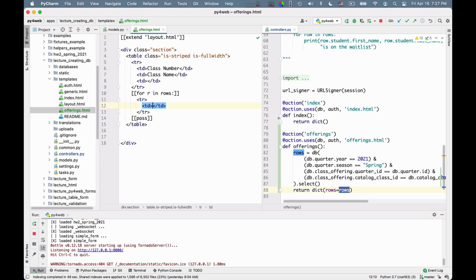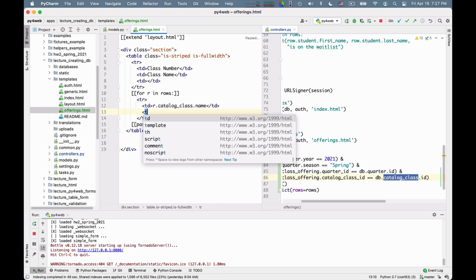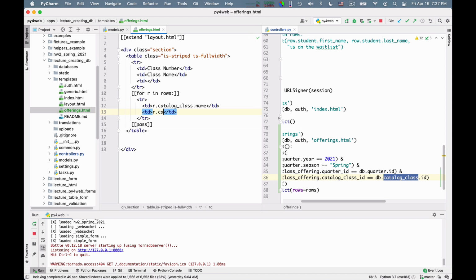And here I have to say row dot, and I have to say the table name, and the table name is written here, right? Is r.catalog_class.number. Okay, then there will be another thing that will be r.catalog_class.name, actually, because this was number.